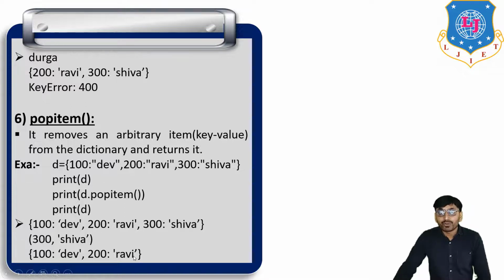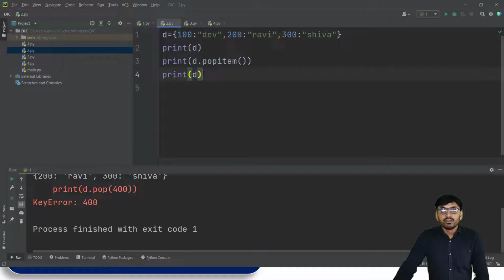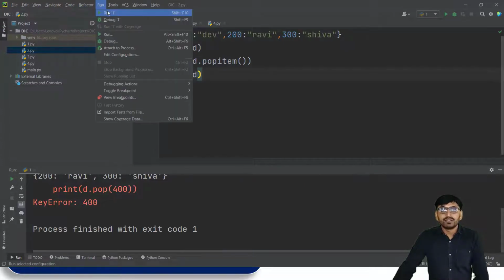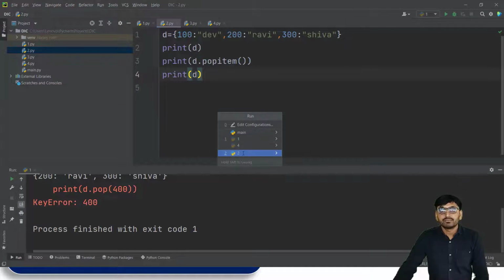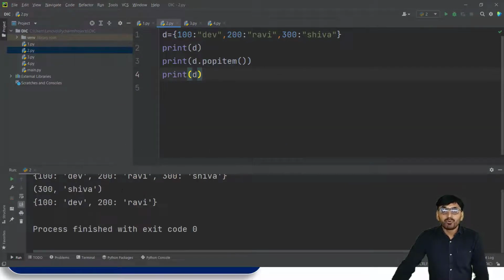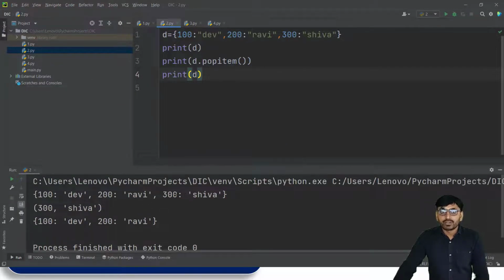Now this same program we run in PyCharm. So d is one type of dictionary, print d, then print d.popitem() and then print d. If we run this program, the output is, first, the total dictionary, then d.popitem() removes one item, that is 300 and Shiva, and then the remaining dictionary.